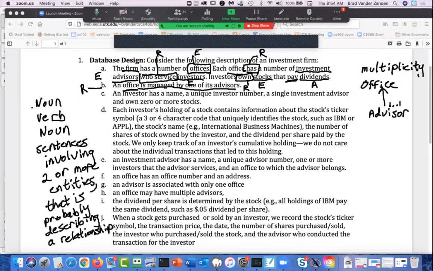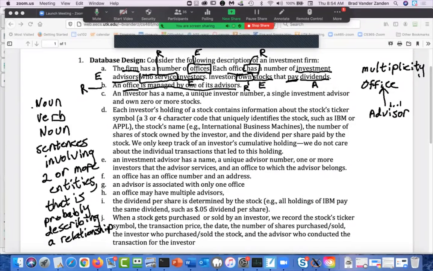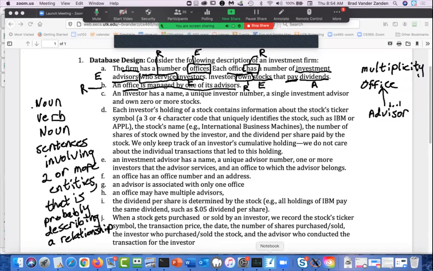But this is giving us some information about multiplicity. So we know that an investor is in a relationship with an advisor. So if we start actually creating a diagram, let's start roughing out this diagram. That may help matters. So we know right now that we have